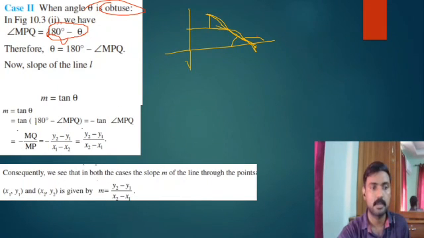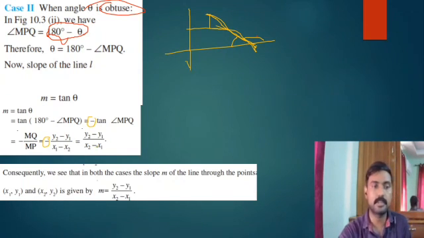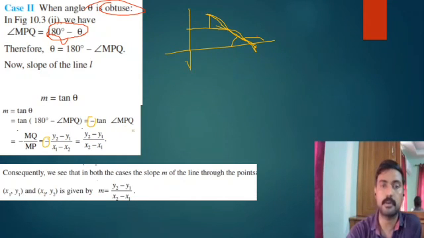What is that? 180 minus theta means a minus will be there. Similarly, when we divide this opposite by adjacent, there will be a negative value. That's why this negative symbol came. If we make a rearrangement, we can avoid that. Even though at last in this solution there is a chance for a negative to occur, because it is in the negative direction.